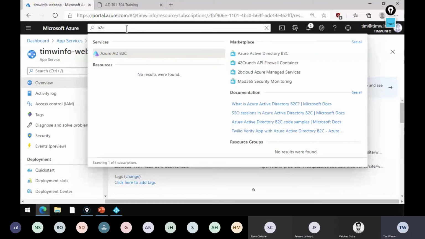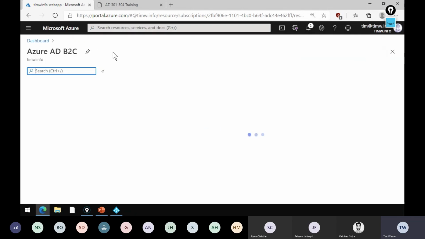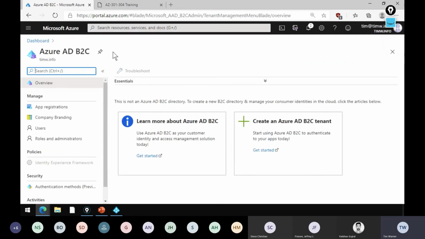And this, I think, is fairly recent-ish. In other words, we can clearly see now that this B2C tenant is sourced from this, well, wait a minute. Let's see. We're in timw.info, and if we go to Azure AD B2C, what am I looking for here? I'm sorry. I kind of ran into a dead end.